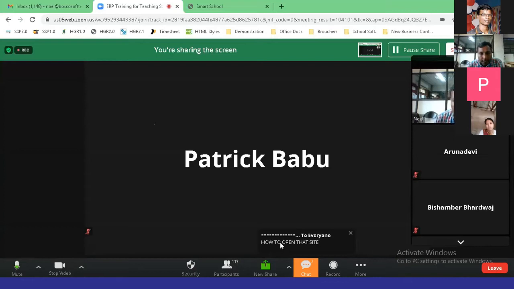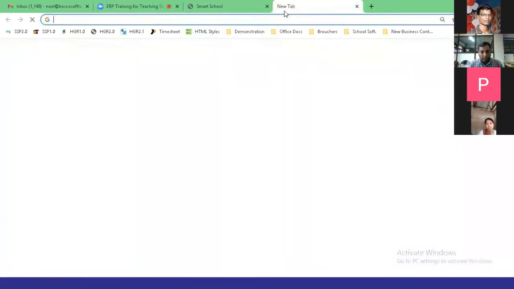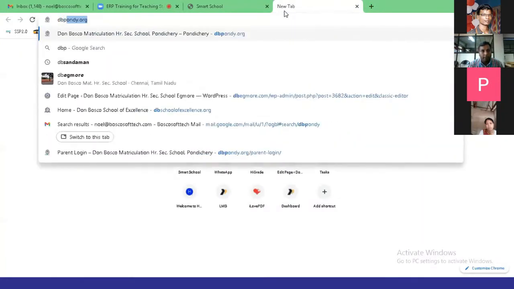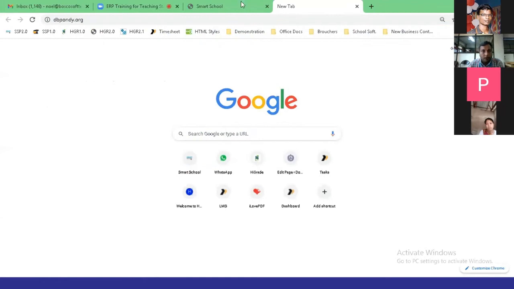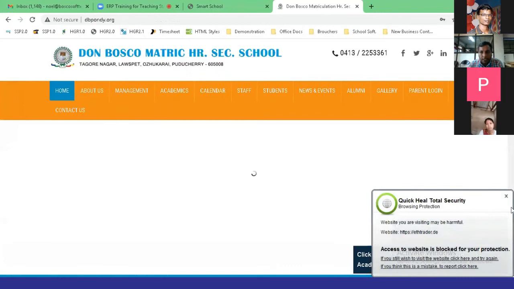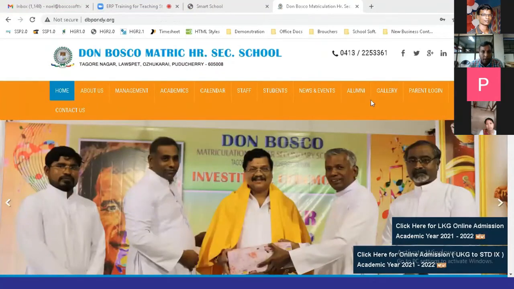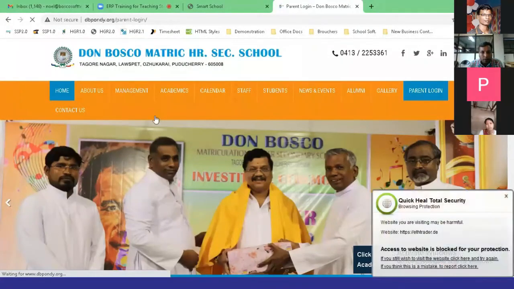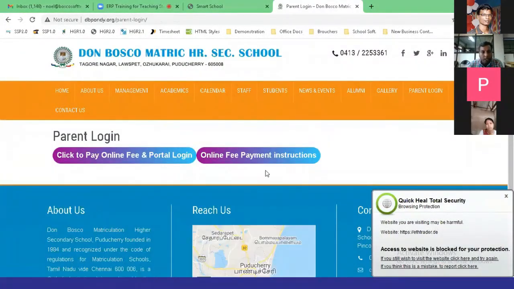How to open that site? Okay. In every school, we normally give it on the school website. I will just show you. Now I take, for example, DB Pondi. The site opens. Here we configure it on an individual icon or menu, so that by clicking here, the parent login, you get two options.